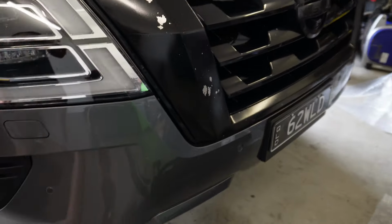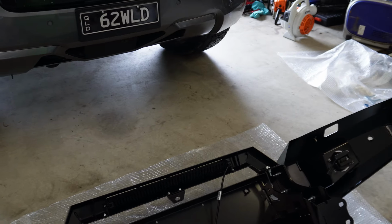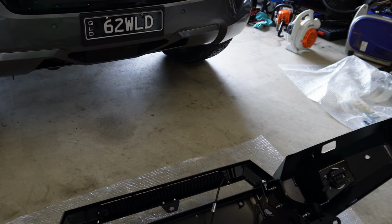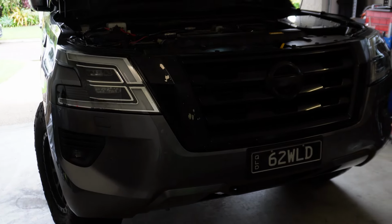So now we've got to take the front bar off and put all the associated bits, wiring and hoses and stuff, into this bar, and then we can mount it onto the car. So gonna get cracking with taking this front bar off. I'll let you know how the progress goes